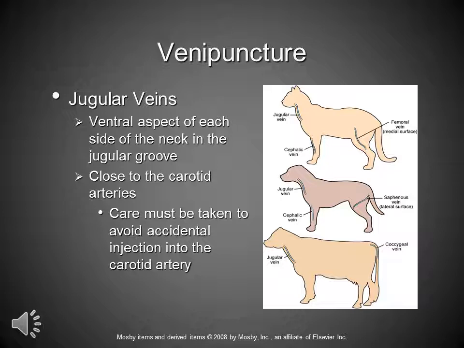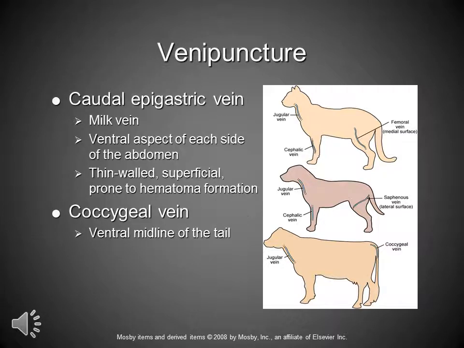Every so often, particularly in horses, we'll get a little enthusiastic, especially students, about getting through that horse skin, and they'll go right through the jugular vein into the carotid artery, and boy, that thing will pump out a lot of blood in a big hurry. Really gets people's attention. And again, talking primarily about the caudal epigastric vein, milk veins, particularly in